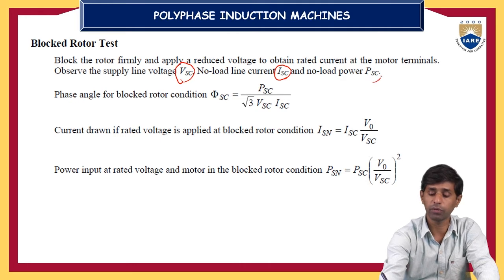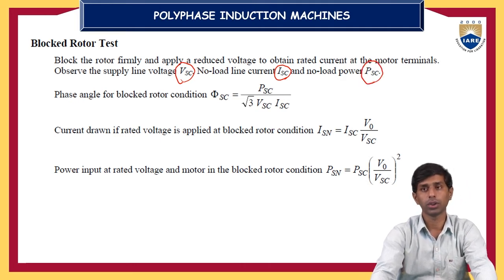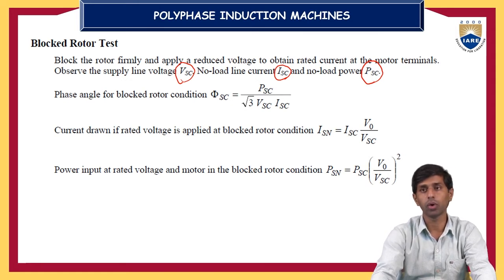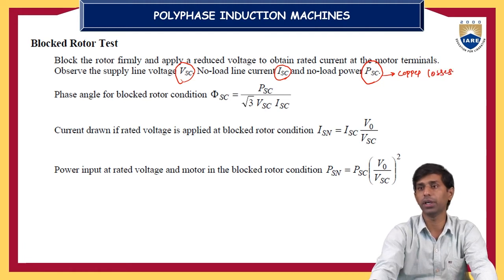The power consumed in the blocked rotor test is called the short circuit power, PSC, which is majorly the variable losses, called copper losses. In the blocked rotor test, friction and windage losses are zero because the rotor is not rotating. The power consumed under the blocked rotor test is only to meet the copper losses, and in addition to the copper losses, some amount of